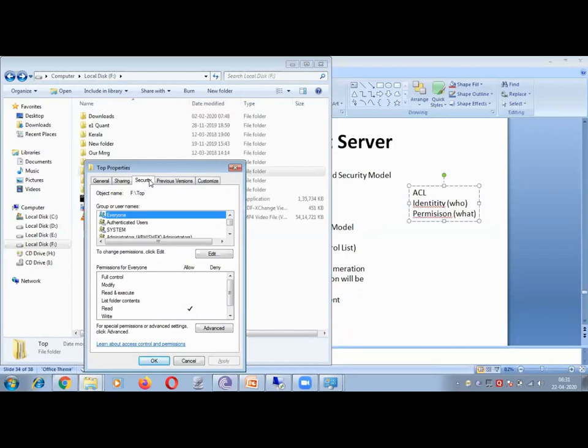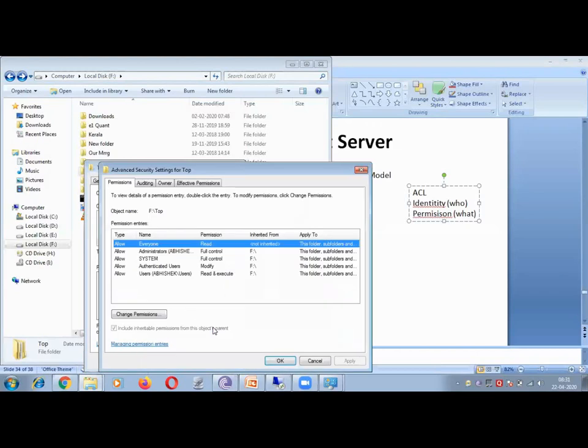It's not only the ACL. It also covers whatever permission I have assigned to you, how you are going to use it, and this is called a DACL, dynamic ACL. So go to the advanced. Now you have something called auditing. On top, you see something called auditing.